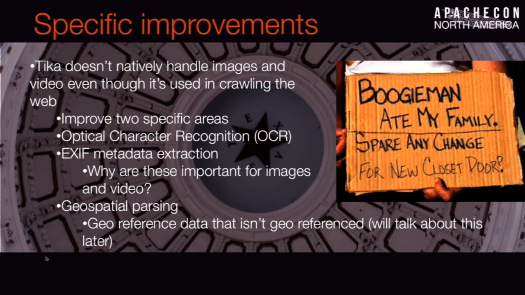So why is that important in some of the dark web areas? Well, sometimes you have victims and things like that, where rather than there being text in an ad, they might be holding up a sign that has a contact or an alias or a name. It's easy to identify this stuff by hand, but what if I told you that the size of the dark web, as presented on the 60 Minutes show, say on human trafficking, is 60+ million ads and 40+ million images? You're not going to do all that text analysis by hand, so OCR at scale through something like Tika is really useful there. The other is EXIF metadata extraction.